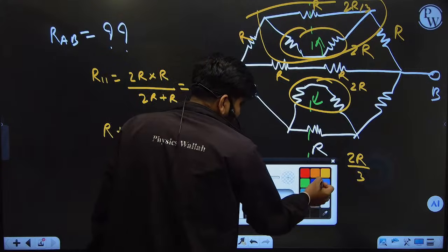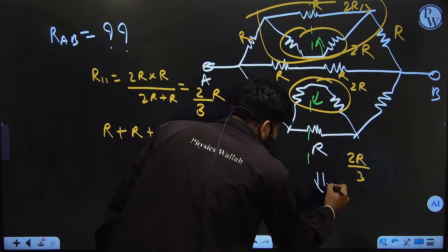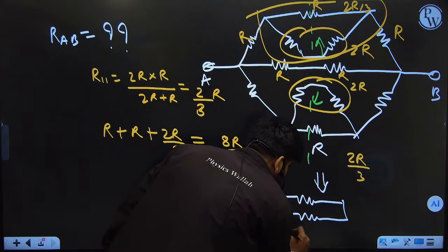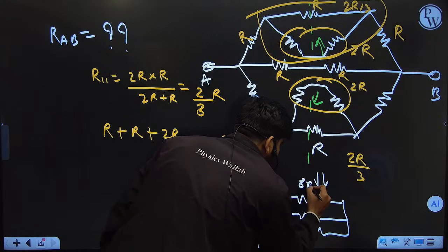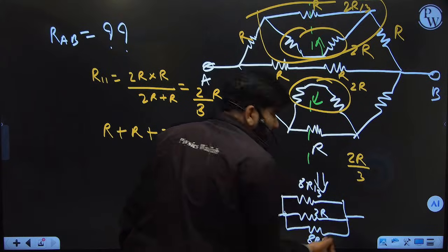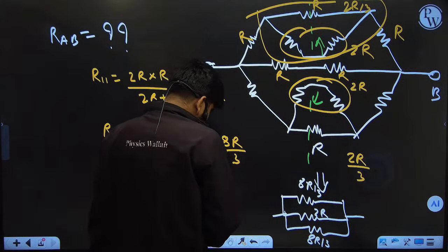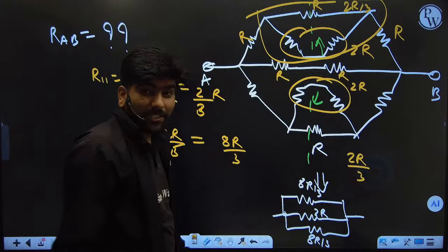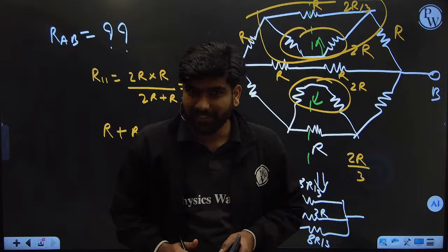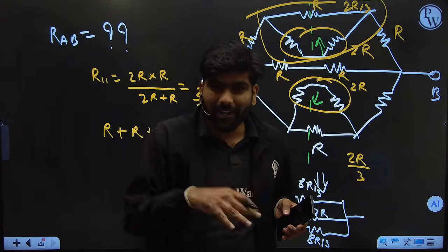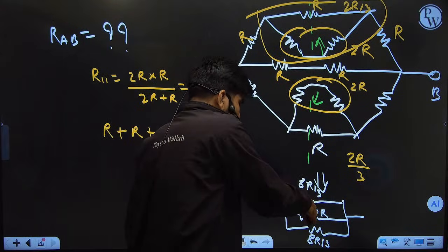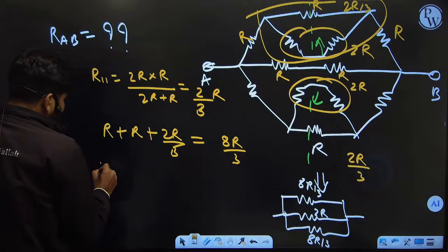So our question has finally simplified to a very simple circuit which looks like this: 8R by 3, 2R, and another 8R by 3. Now they are all in parallel. Their equivalent is going to be how much? Now see, 8R by 3 and 8R by 3, two equal resistances in parallel, their equivalent will be half. So if two equal resistances are connected in parallel, their equivalent resistance is half of it. So 8R by 3 and 8R by 3 will make it 4R by 3. 4R by 3 will be in parallel with 2R, making our answer,